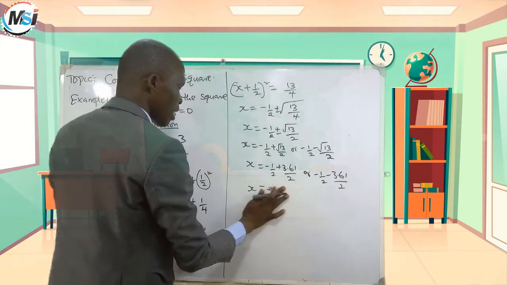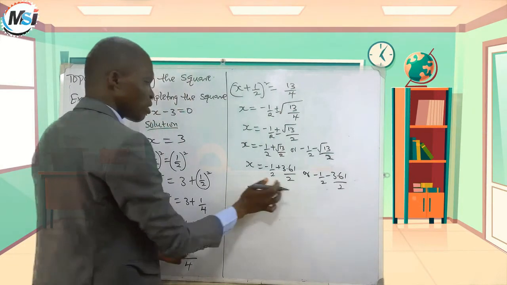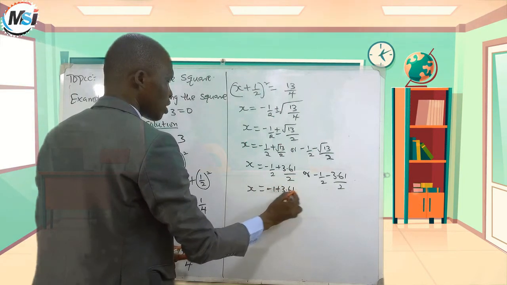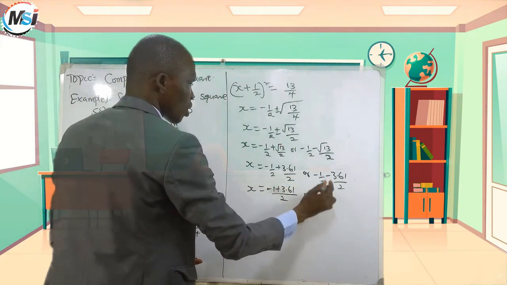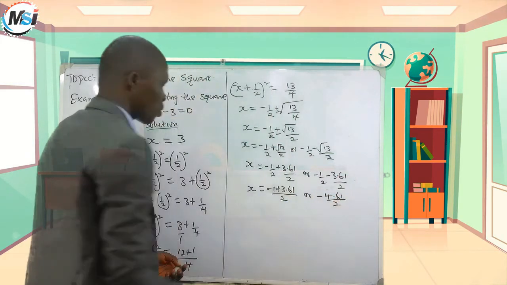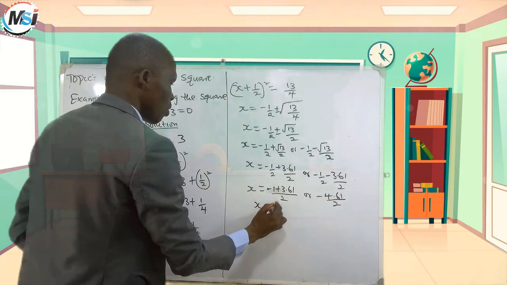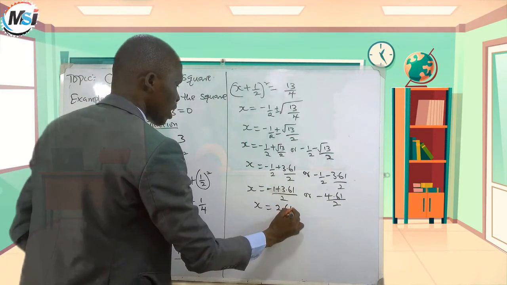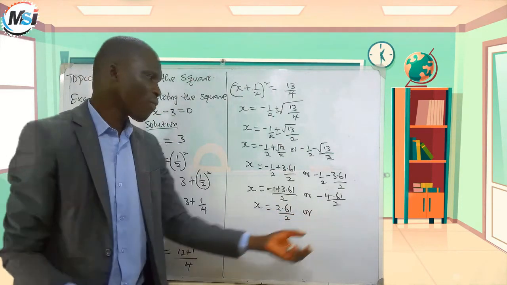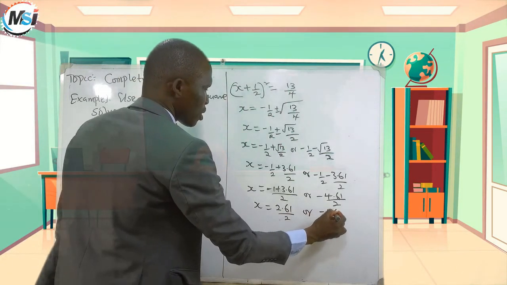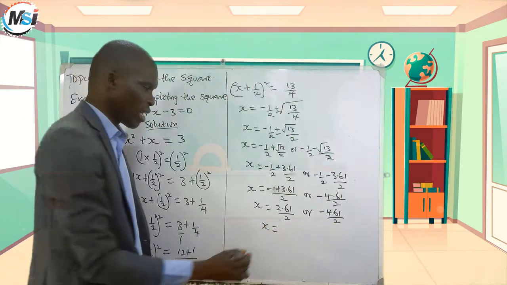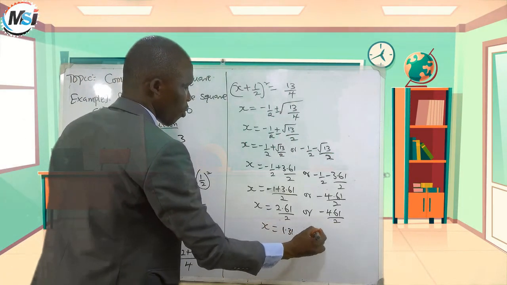Okay, now looking at this, you discover that the denominators are the same, right? Just minus 1 plus 3.61 divided by 2, or minus 1 minus, gives us minus 4.61 all over 2. Now this will give us 2.61 all over 2, or if you do this, you will have minus 4.61 all over 2. Now if you press your calculator, you know what you are going to get, 1.31 or minus